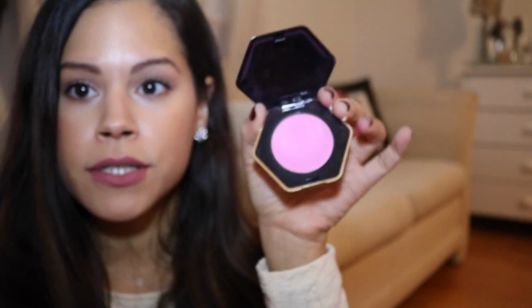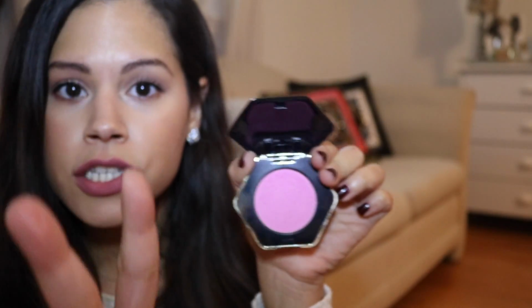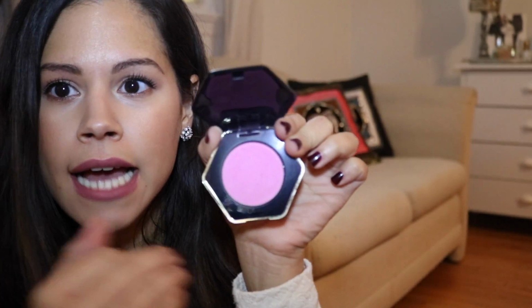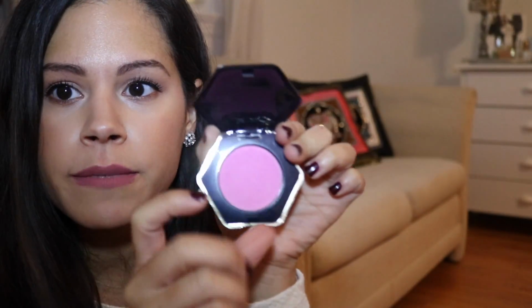I've used this in the winter to give you kind of a nice flush, like, you know, just came outside from the cold kind of look. So I absolutely love it. It's such a pretty pink. It's not too much. It's not too crazy where it's bright. It kind of has like a very purpley undertone, which can flatter a lot of skin tones, but I absolutely